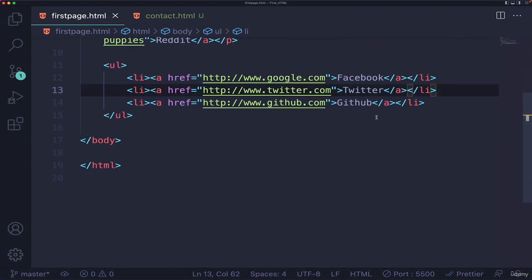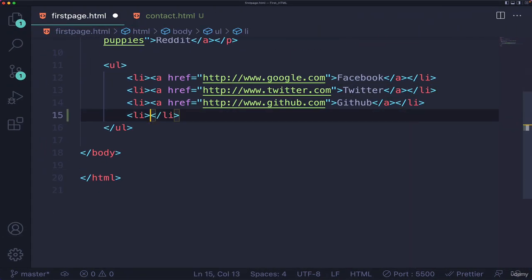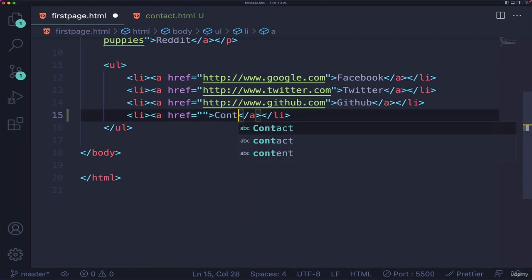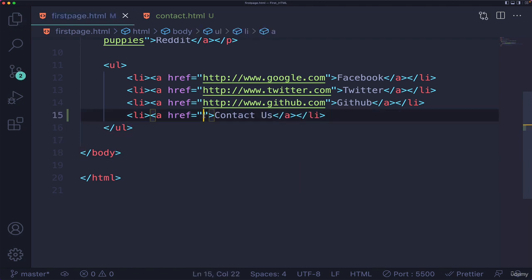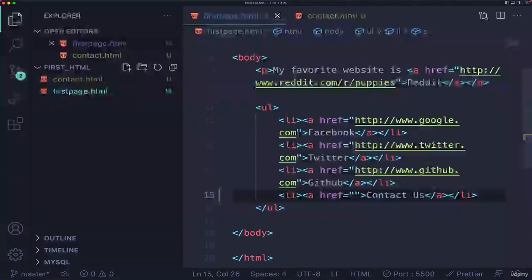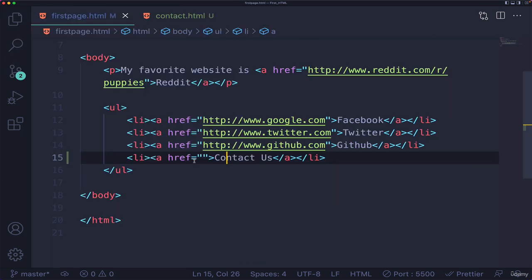But I want to connect them. I'm going to add a link here in a new LI, in my UL, that says contact page or contact us or something. And I need to put in the correct URL to locate this page called contact. Now this is a very simple example. They're in the same folder, so I don't have to do anything fancy. I can just write